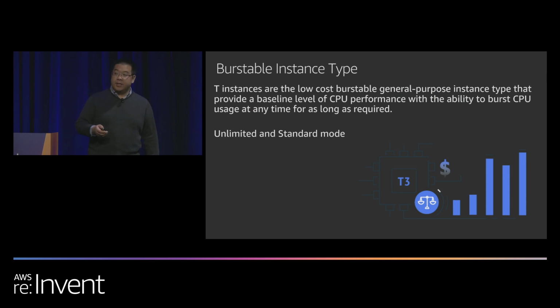There is a special class of instance in the general purpose instance family called the burstable instance types, or T instance types. Burstable instance types provide you a baseline of CPU performance and allow you to burst your CPU usage at any time for as long as you want. If your average CPU utilization is below the baseline, then you can run it on the T, which is cheaper than the otherwise equivalent M instances. There are two modes for the T instances: one is unlimited mode, one is standard mode. Unlimited mode really allows you to burst above the baseline for as long as you want. If your average CPU utilization ends up being higher than the baseline, you pay a small extra fee